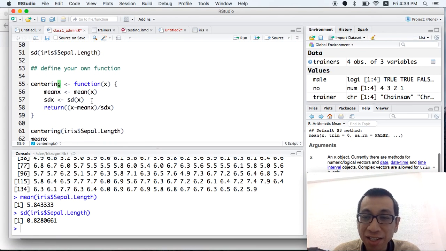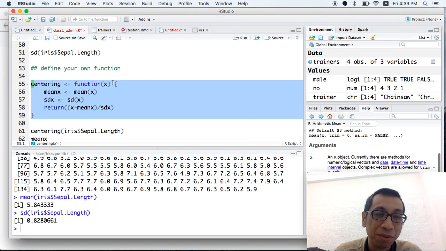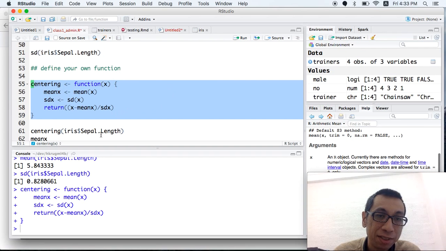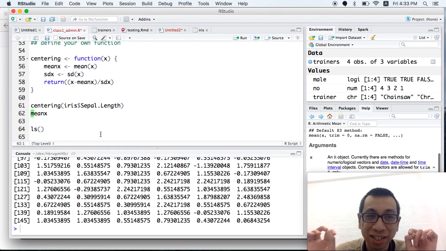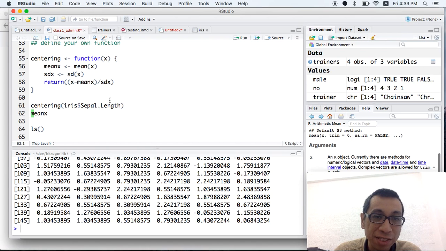You can define your own function as well. For example, this one will calculate the centered, or Z values, of the sepal length.